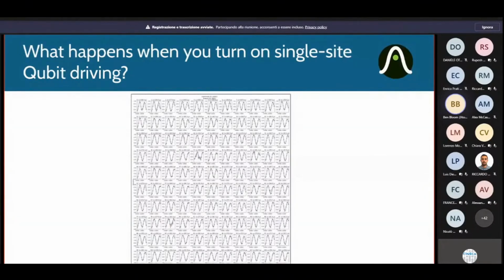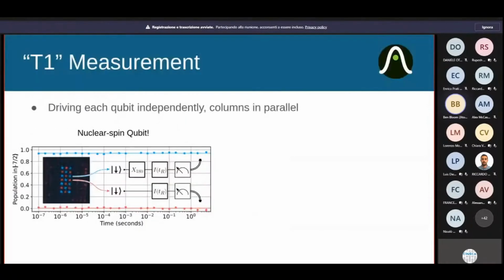So what happens when you turn on this system, say you have a system of 110 qubits and you start performing individual rotations? You start seeing Rabi flopping, and you can start asking the questions that you wanted to ask about how this system really performs as a quantum computer. How do these qubits really do? Well, first off, you can start to look into just T1. What is the T1 of this qubit?